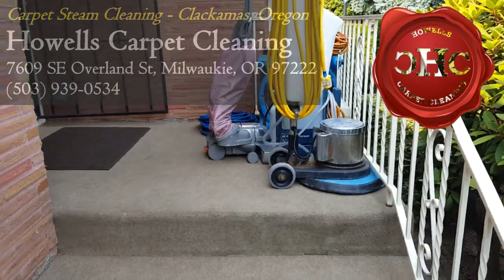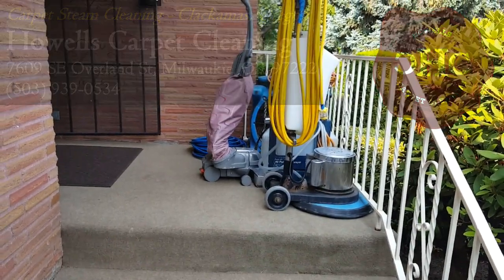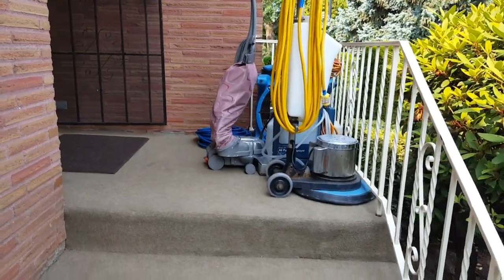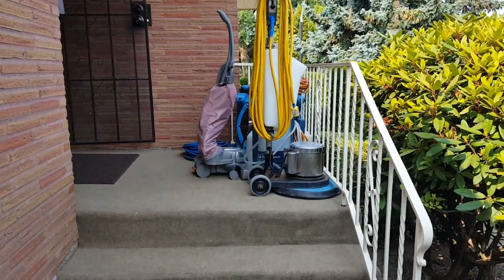Okay, so what we're going to be doing today is our three-phase system. We're going to start out with phase one with our pre-vacuum using our Kirby vacuum cleaner. I just installed a new bag in there. However, for the